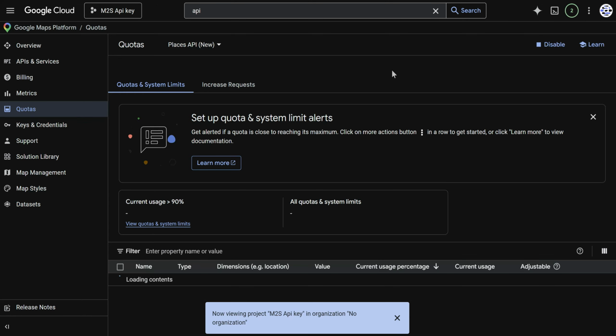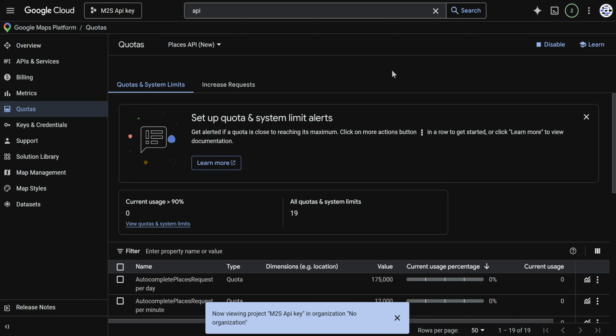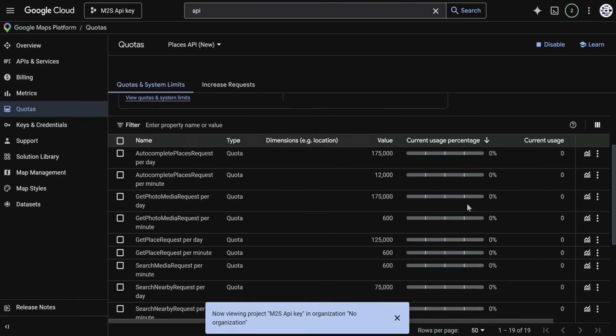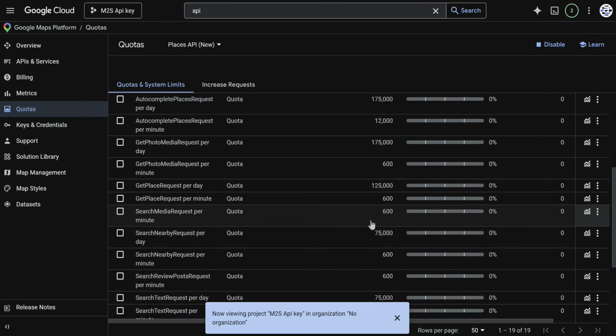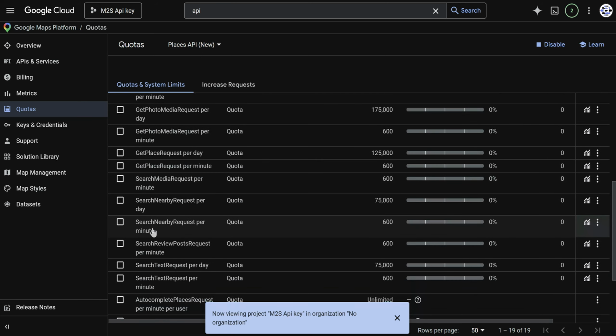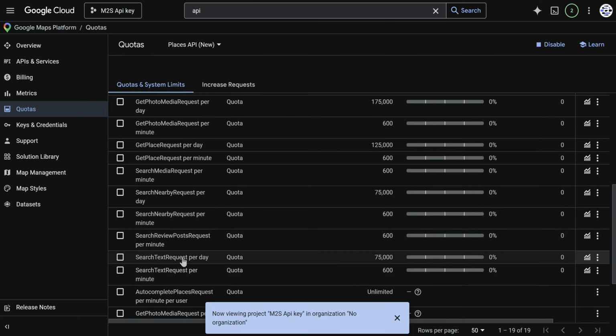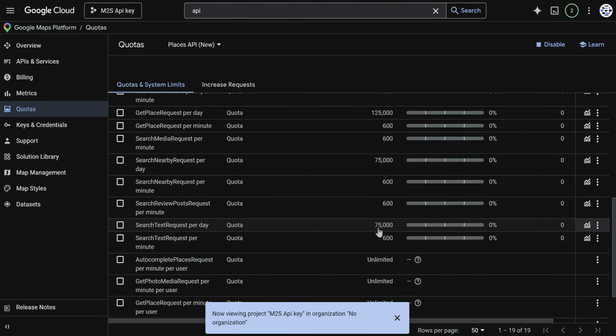We want to set our quota, perhaps so that it never exceeds that free limit. So you go into your quotas and systems, and this is where essentially you will be able to edit things. The one we care about is the search nearby requests and the search text requests. So as you can see, the daily is set to 75,000 searches. So if I click search text request per day,